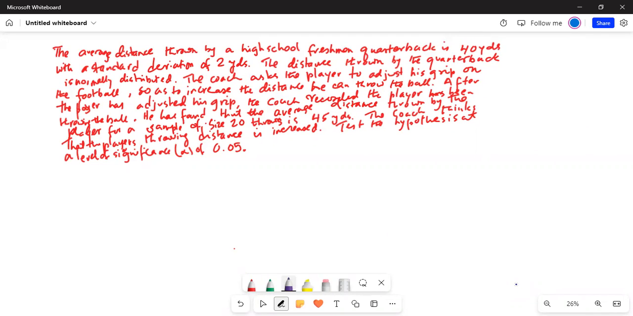The average distance thrown by a high school freshman quarterback is 40 yards with a standard deviation of 2 yards. The distance thrown by the quarterback is normally distributed. The coach asks the player to adjust his grip on the football so as to increase the distance he can throw the ball. After the player has adjusted his grip, the coach recorded the player's